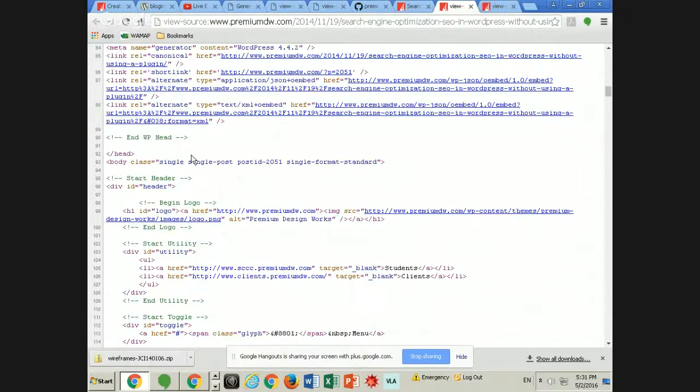Welcome to America, right? So it's a single post. Post ID 2051, single format standard. So therefore, if I wanted to use some kind of PHP programming logic to say, if the user is in any blog posting, meaning anything that has a class of single, do X, Y, and Z, we would need some way then to make that happen. So that's where then